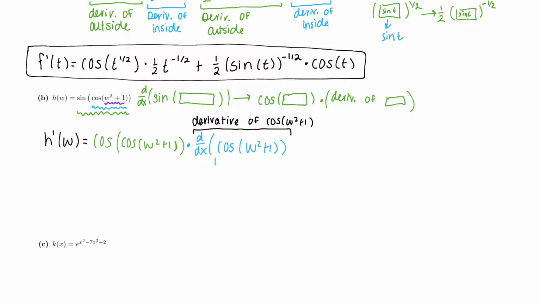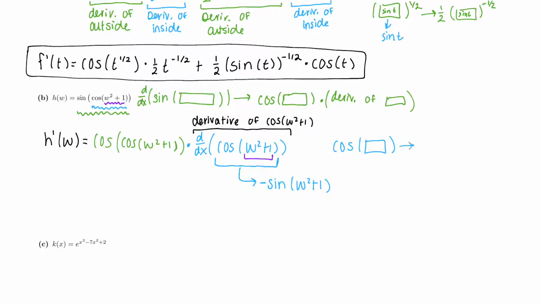For this guy, this is the outside function, and then the inside function is the w squared plus 1. So the outside function, his derivative would be negative sine w squared plus 1, because if you have cosine of whatever,